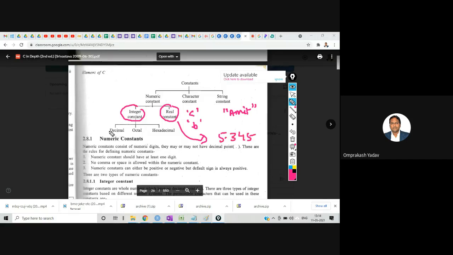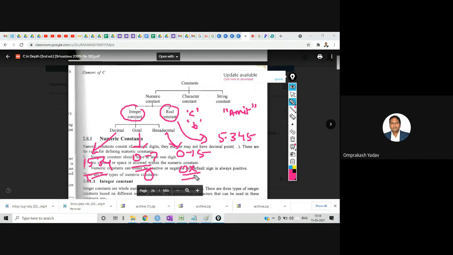In integer constant, we are having three types: normal numbers, digits, for example 5, 1, 4, 5, 3, 4. This is a number, right? Octal will have 0 to 7 symbols, and it will start from 0. Hexadecimal 0 to 15 will also consist of letters, and the numbers will start from 0x.